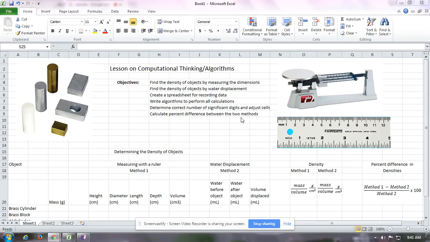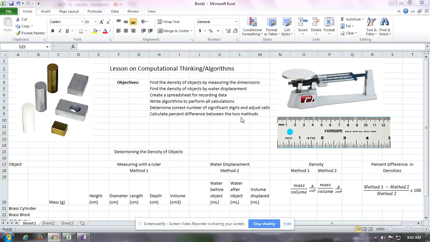So I've prepared this worksheet, or the spreadsheet on Excel, to show how you can, for the objectives, find the density of objects by measuring them with analog equipment, of course, and then also by water displacement. I also want to show them how to create a spreadsheet for recording the data, but then also to write algorithms to perform all the calculations. And then they have to determine the correct number of sig-digs, significant digits, and then they have to set their cells or their columns to reflect those number of sig-digs. So they would have to do that at the end, and then they want to calculate the percent difference